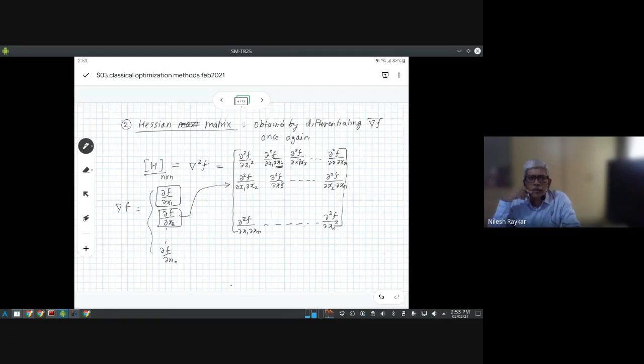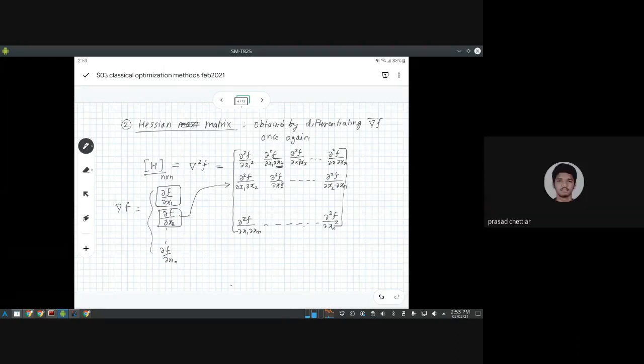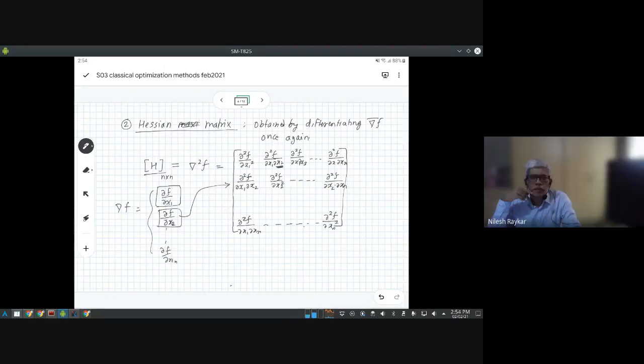Anybody recollects? So could you repeat the question once again? In matrix algebra, you might have come across some property of a matrix which has the term positive and negative in it. So anybody remembers that property of a matrix?